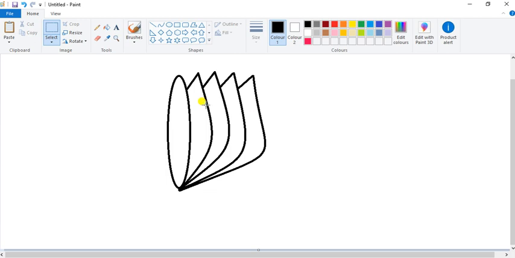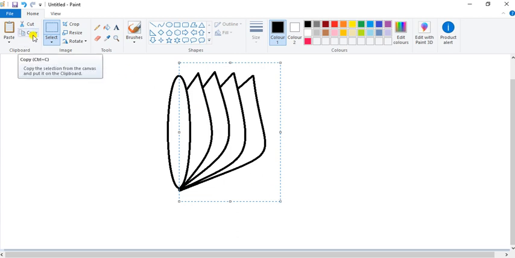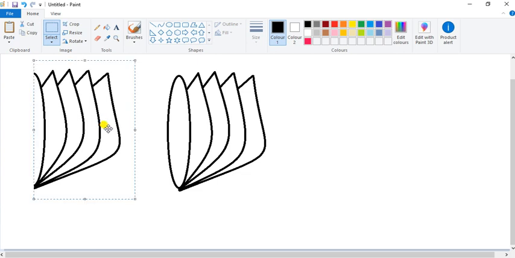I will explain it again. Go to select, rectangular selection, and how to select? See, like this half part. Understood everyone? Okay. Like this, drag over there and select half part. Done. Now go to copy, click on copy and then paste here. Then you will get like this image.